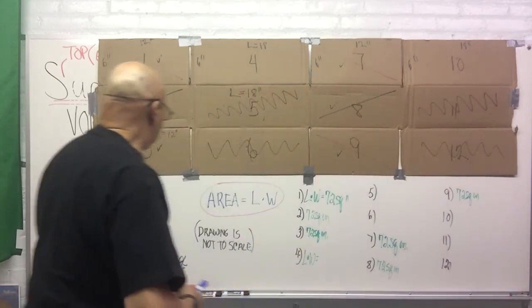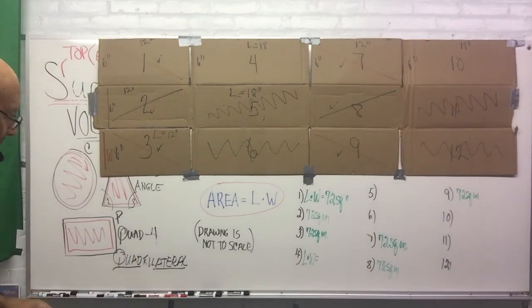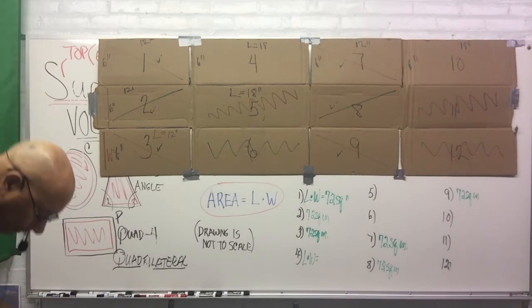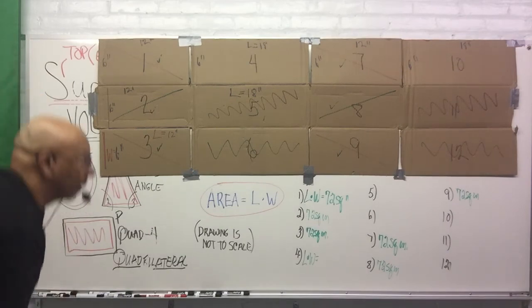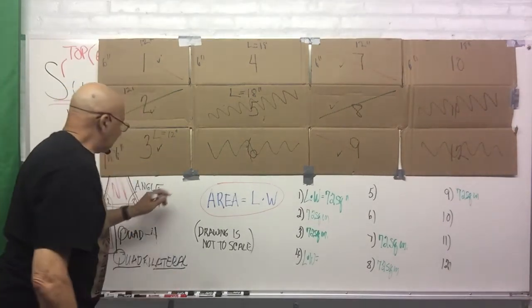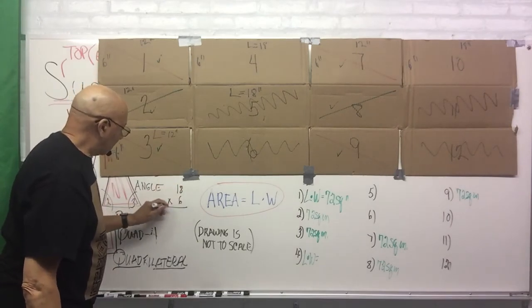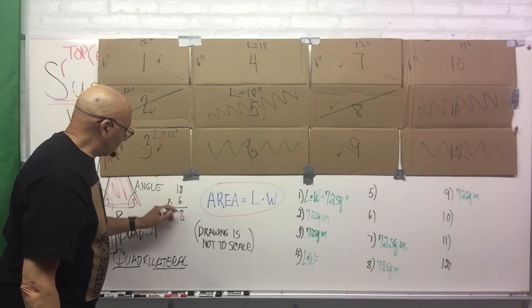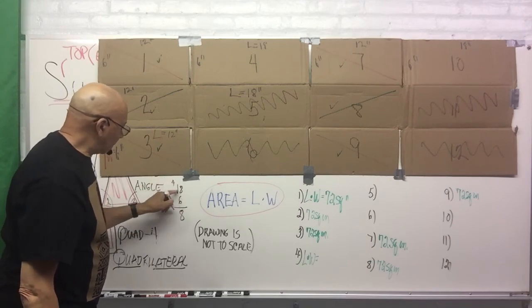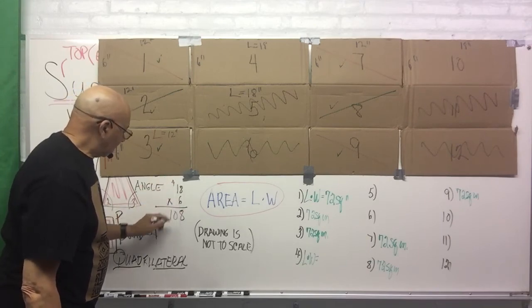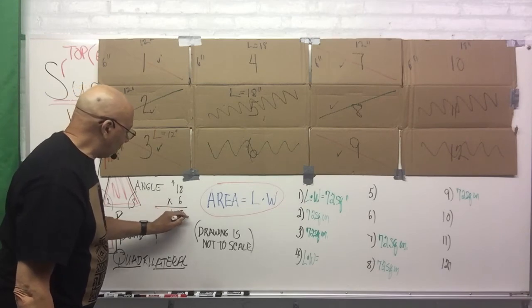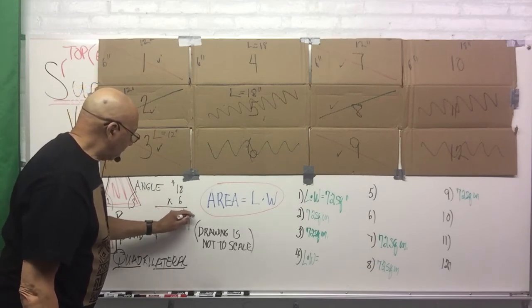I'll do it on the side. You can do it also, but we'll do it together right here. So 6 times 18. So I have 18, 6. 6 times 8 is 48. Carry my 4. 6 times 1 is 6, and that's 108 square inches for